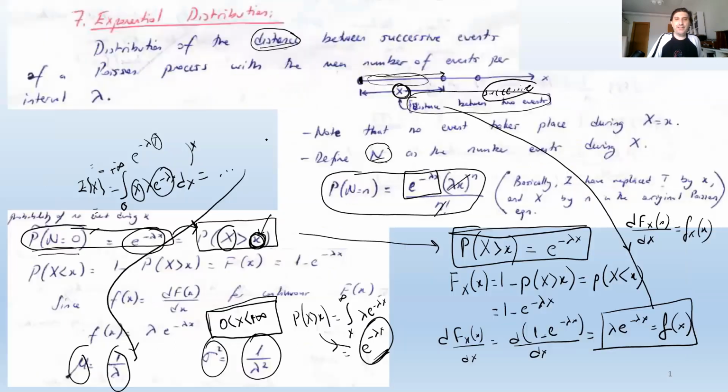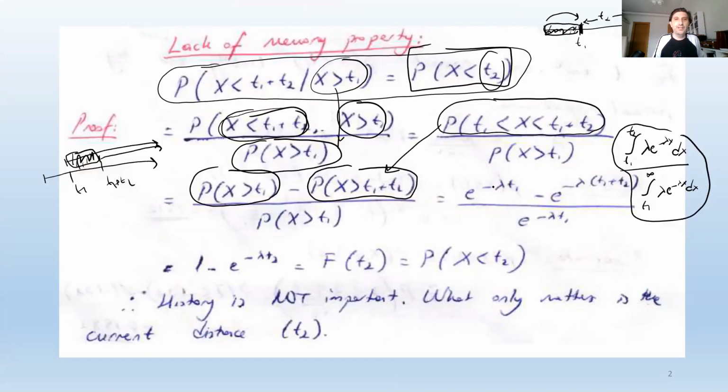And note that in the previous slide, I have already shown you that the probability of X greater than x can be directly used, which is nothing but obtained from the integral. So this is going to be exponential minus lambda T1, minus exponential minus lambda (T1 plus T2), over exponential minus lambda T1. If you do the arithmetic, the common factor, exponential minus lambda T1, is going to cancel out, and we are going to obtain this result.